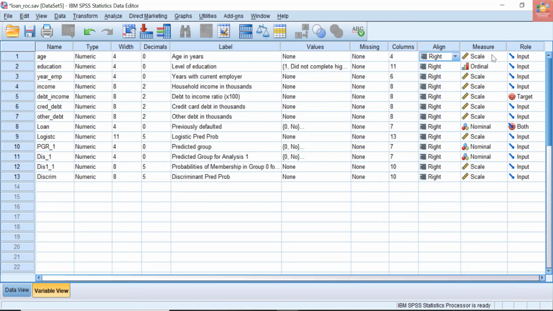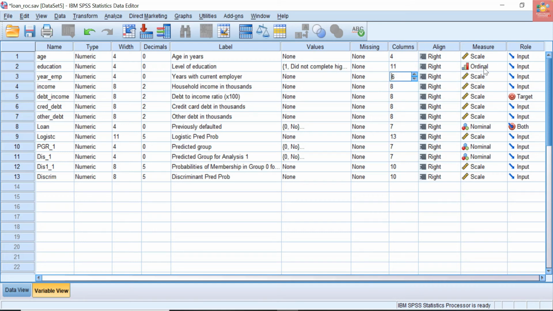There are 3 measurements. The one is scale variable, the other one is ordinal, and the last one is nominal. If you want scales or measurement or calculation, then scale is the measure. The next is ordinal. If you have ordinal data, for example here the level of education.